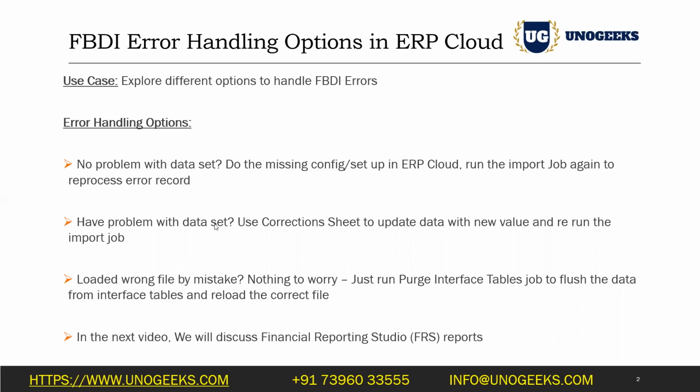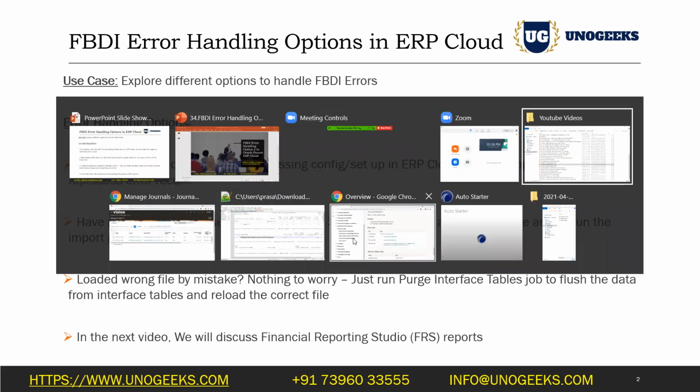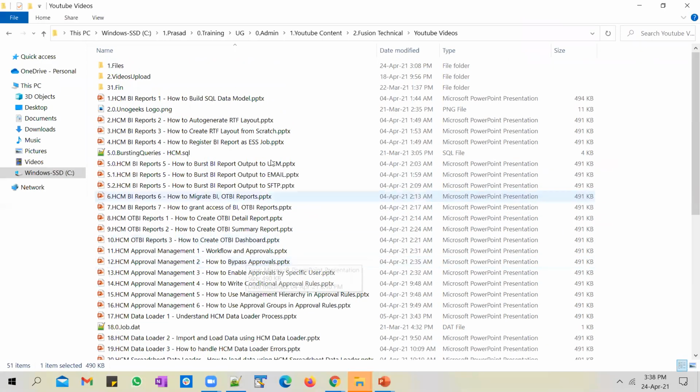Yeah, all of us know that you cannot run update statements in ERP Cloud database, but there is an option available which you could use to correct the data in the interface table, and that is to use a correction sheet. And in this video, we'll focus on this particular approach. So to exactly show you how to use a correction sheet to update the data, first let's try to load in a couple of errors into the interface table, and then we'll try to correct those errors using the correction sheet. Okay, so let's go back into the application.